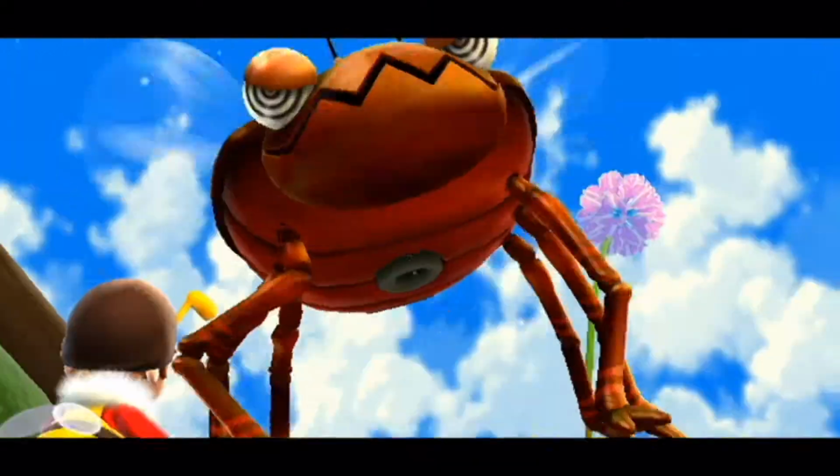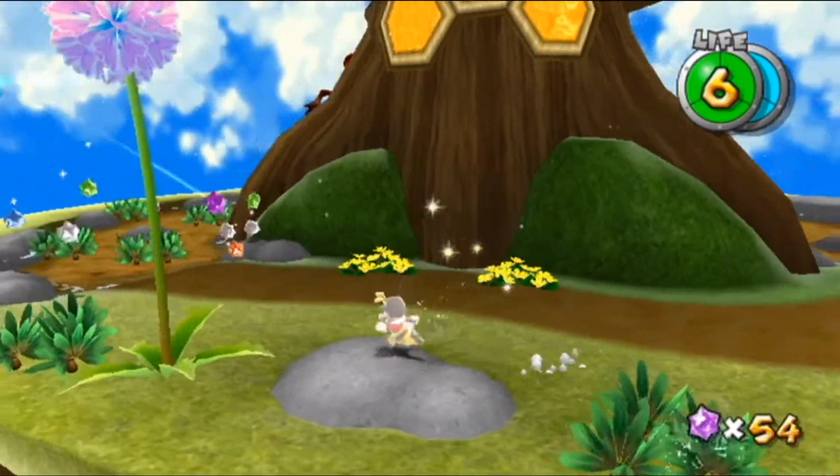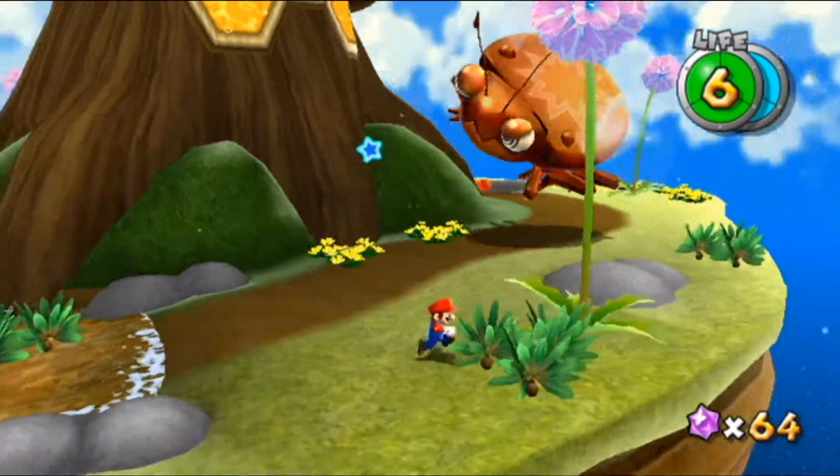We have a stinger. And so now he's really mad at us. And he dropped even more star bits, so let's pick them up. He's dropping bombs and stuff like that as well, so I want to be a little careful. And I just went into the water, and I have no way of...